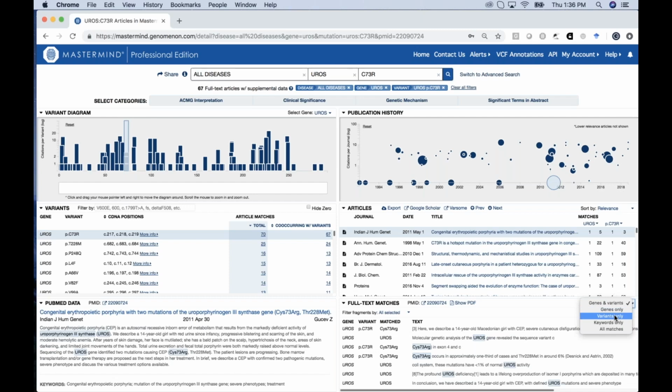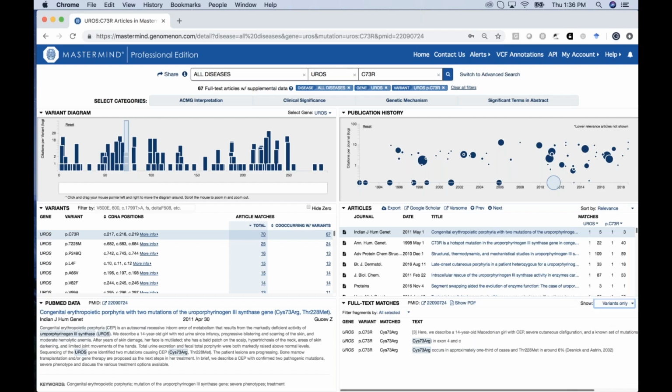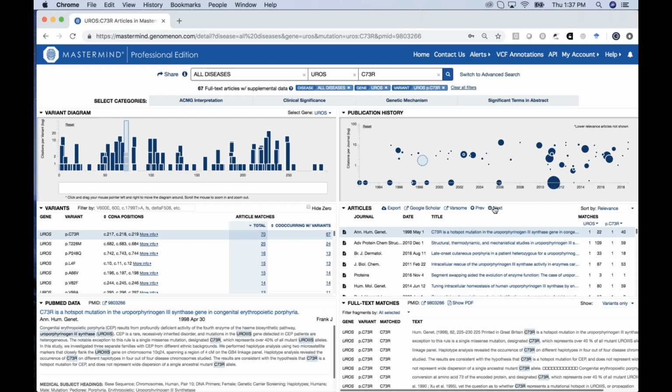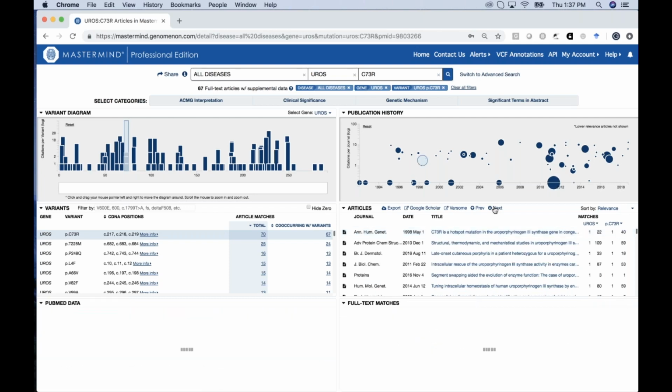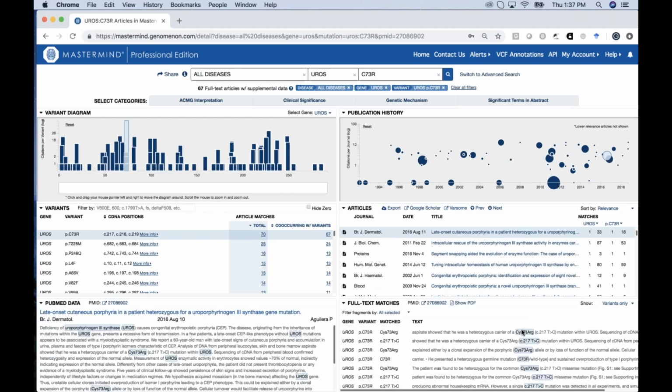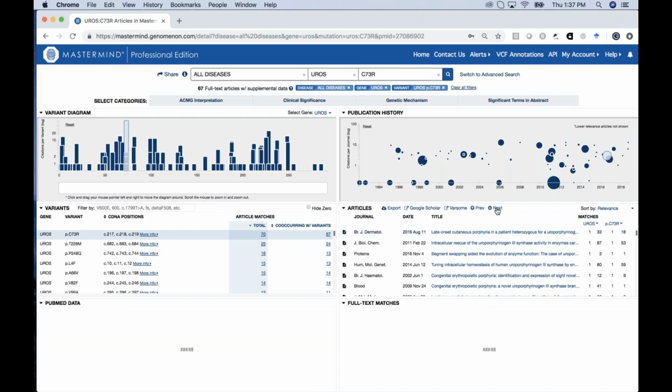Or in the case that I want to highlight for this use case, if you want to specifically focus on the papers and their mention of the variant of interest, you can click on and engage the variants only window here, and then rapidly toggle from article to article to see all of the different ways that the author has described the variant, and more importantly, see the sentence context where that particular variant is discussed. So if I toggle through those papers,